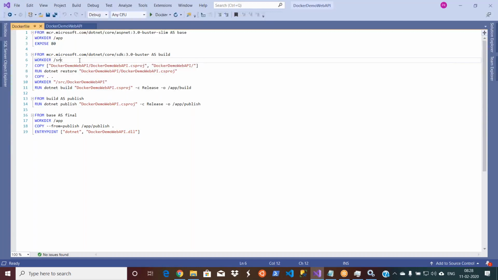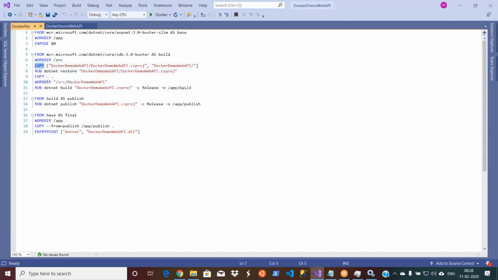Now I have my operating system. What else do I need? So this is a base image, you can see it as base. Then you want to have .NET Core built on your operating system image, which is the base. That I created, and then I created a source folder where I'm going to keep all my code.